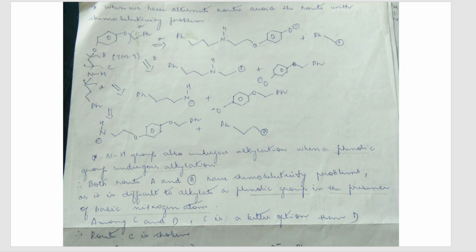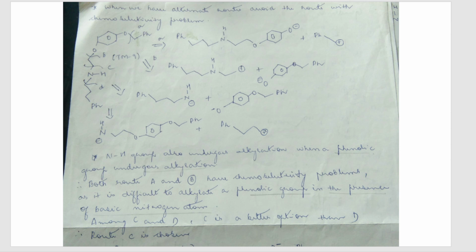Next, the last guideline tells us that when we have alternate routes here, see now this is a target molecule 9 here, we have alternate routes here, they're telling us that avoid the route which has chemoselectivity problem. Okay, so you can see here, if I disconnect over here, I will follow route number A, and these are the two synthons that I get. Same way here, if I disconnect at B, these are the two synthons I get. If I disconnect at C, these are the two synthons I get. And if I disconnect at D, these are the two synthons I get. So there are 4 pathways here, A, B, C and D. I can disconnect at 4 different positions.